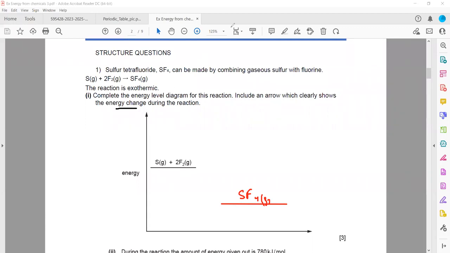The arrow of the energy change is always from reactant to product, so the arrow must point downward, and you will label that. You can write delta H, which means enthalpy change or energy change, or you can label the arrow as energy change. They did not ask for activation energy here, but if the question was to label activation energy as well,